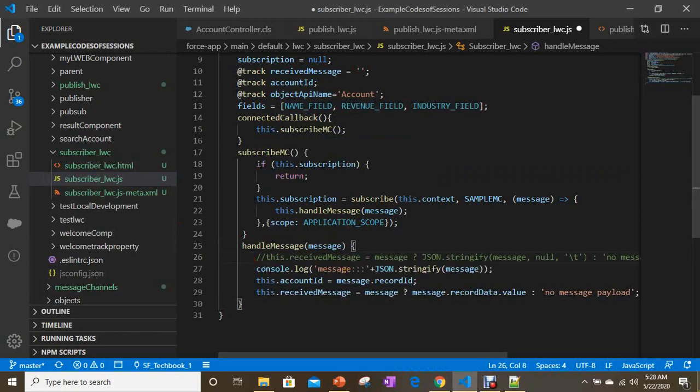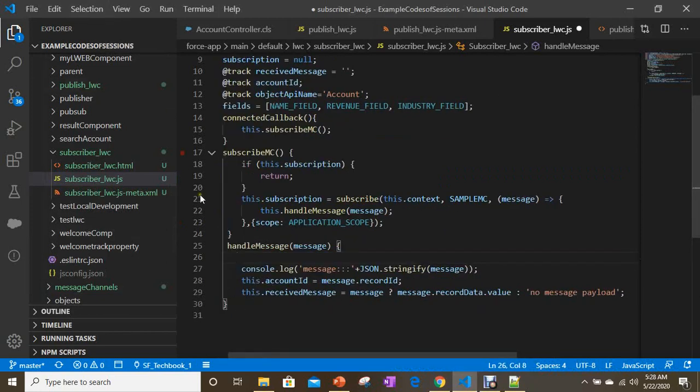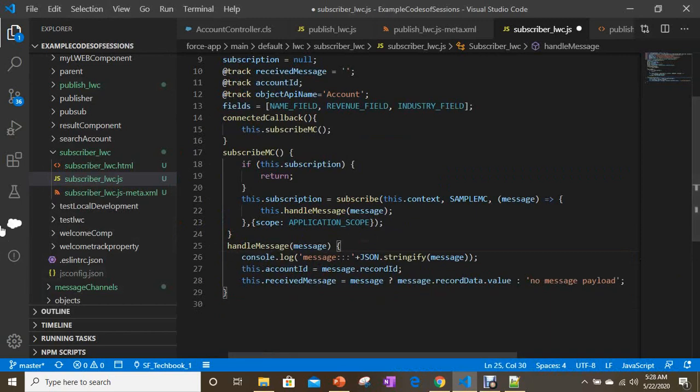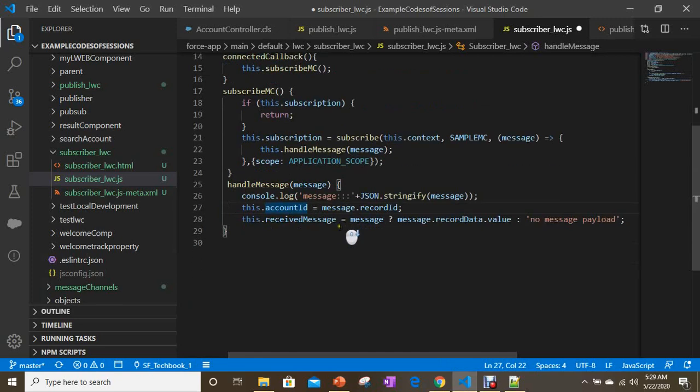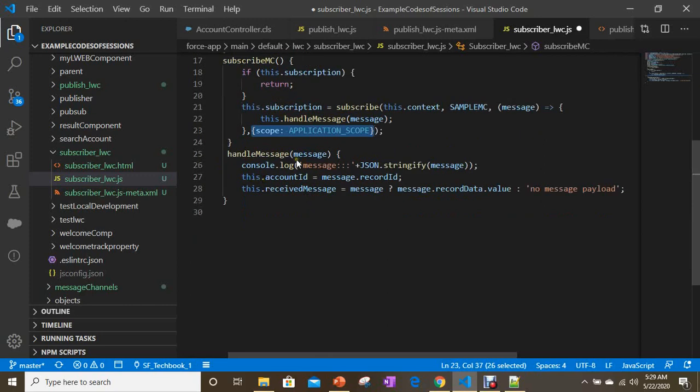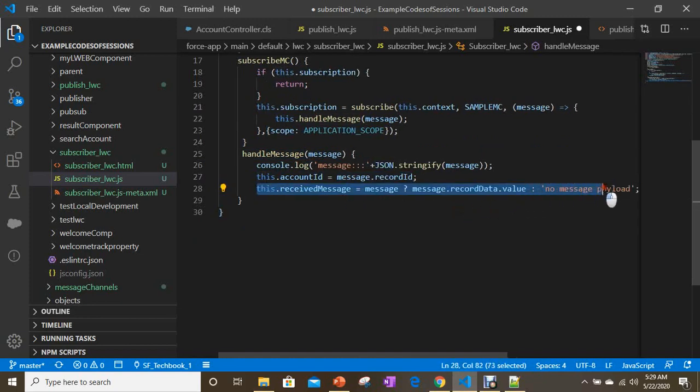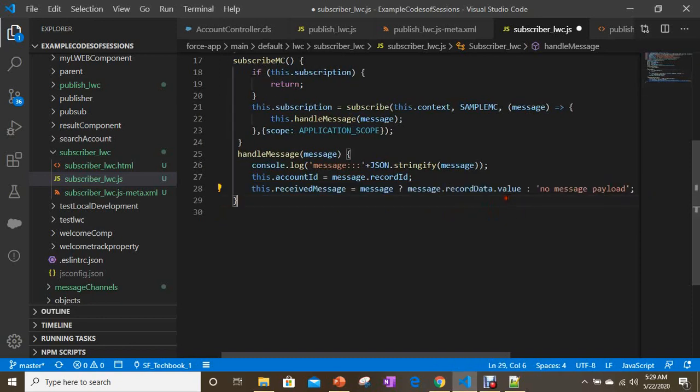Okay, and here this is the method which you are calling, the handler method, and you are passing that message. And once it calls, here you are passing the scope also, you have to remember this point always. And once you call this handle message, it is assigning a record ID which is passed from publisher, and message also if you want.